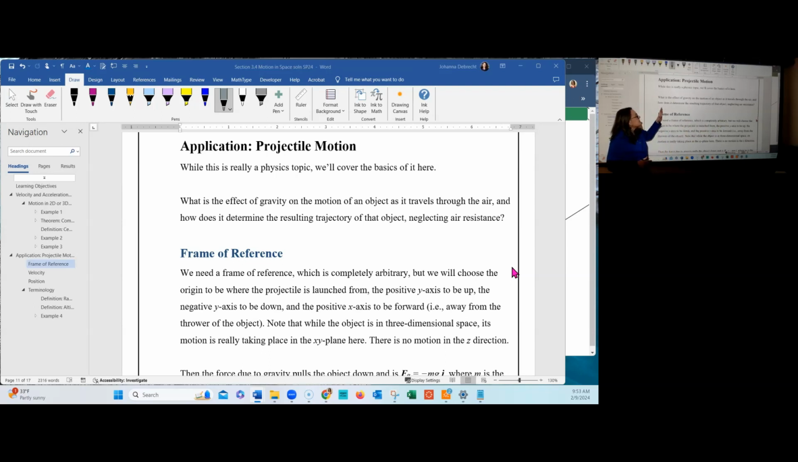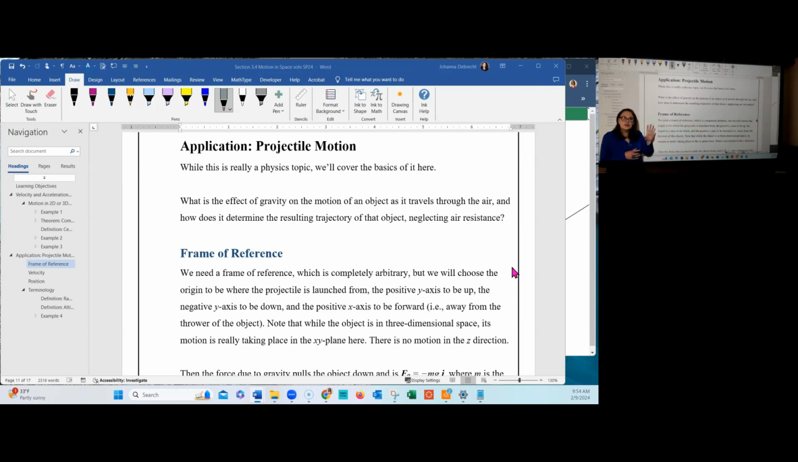All right, so we want to look at projectile motion as it travels through the air. We're going to neglect air resistance at this point in time. In physics, you will not be able to neglect it all the time. You will have to look at it. We will have to choose a frame of reference, and we're going to do what we've been doing in the three-dimensional space,